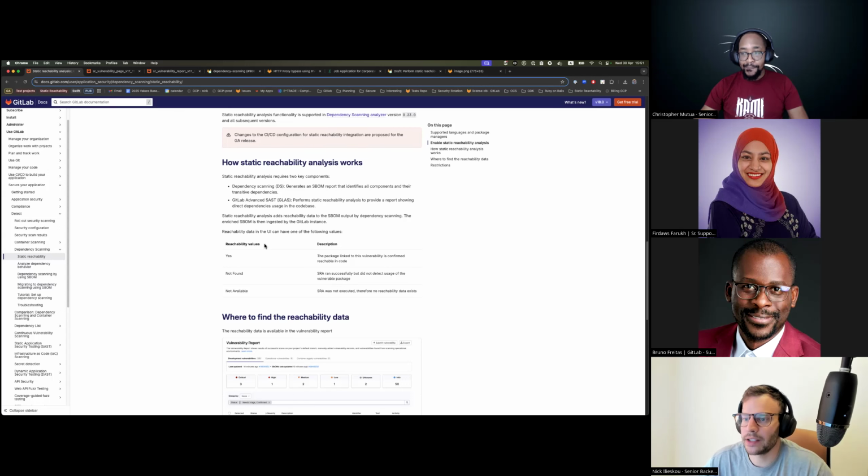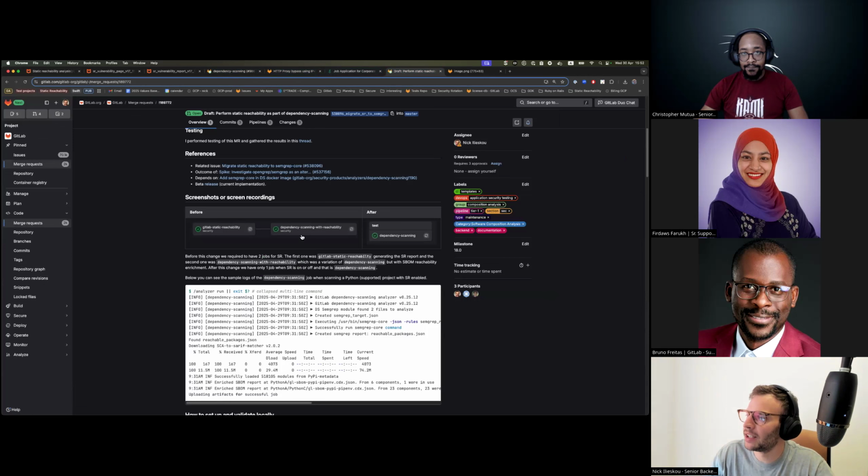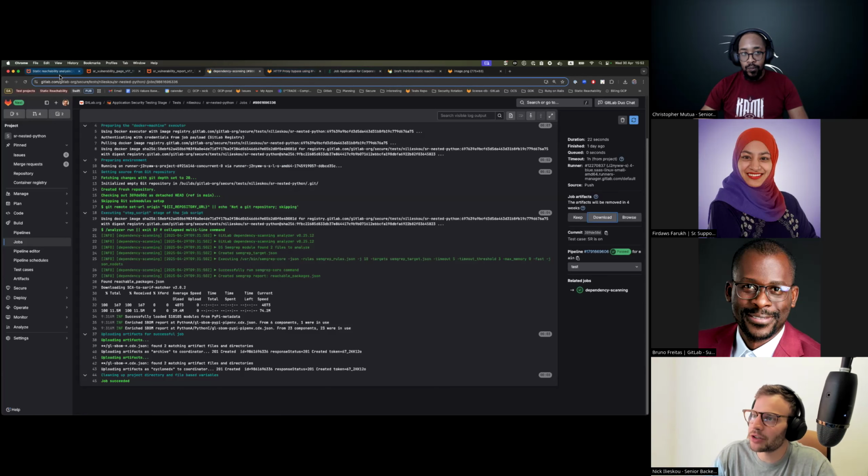So that's quite problematic. There are good reasons why the performance is low. It does a lot of things that we actually don't need. So that was a big problem. And a second problem, which most probably Christopher is also aware of, was the fact that we introduced these two new jobs that depend on each other. For instance, the dependency scanning with reachability job depends on the GitLab static reachability job. And that's why, if you see in the instructions here,